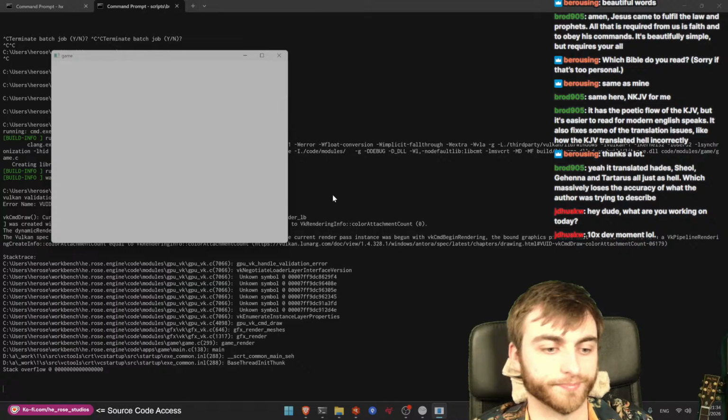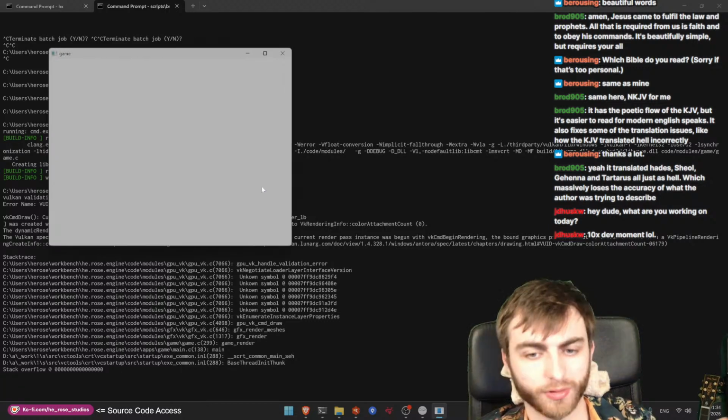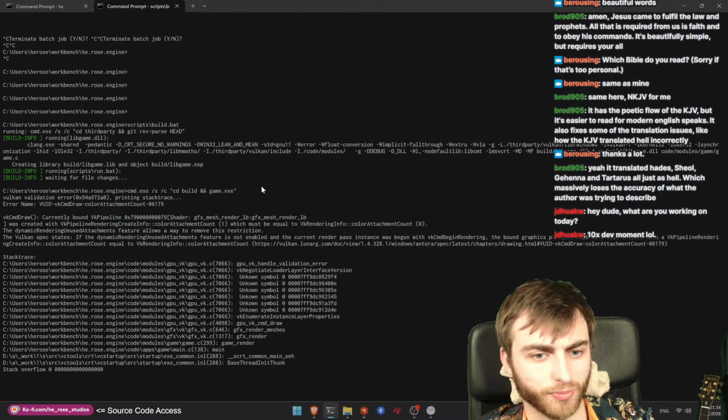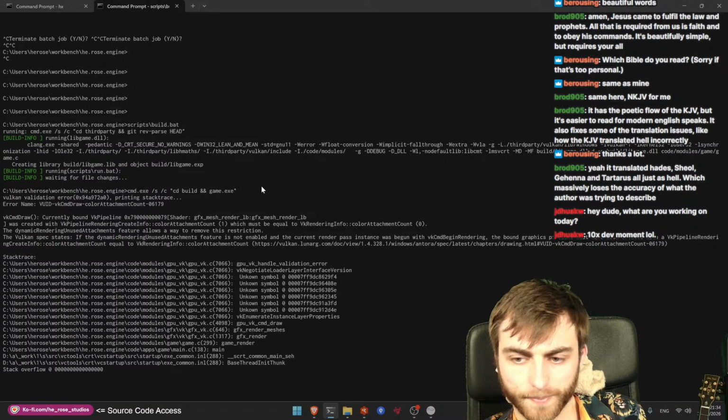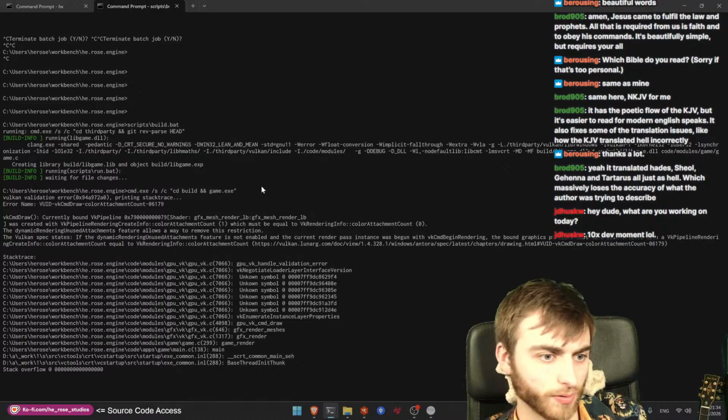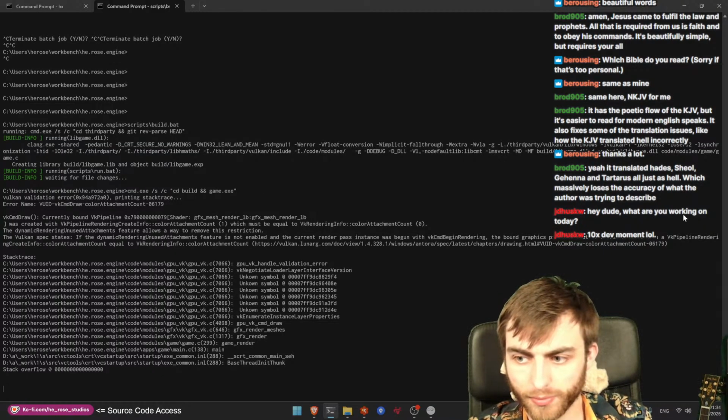Right, it's got a white screen. So my color attachment is 0. And this is a problem, apparently. We're not using color attachments and depth attachments. We're just doing it all manually. So apparently dynamic rendering unused attachments feature allows a way to remove this restriction. Interesting. If the dynamic feature is not used, the render pass bound must be created with, has been created with,